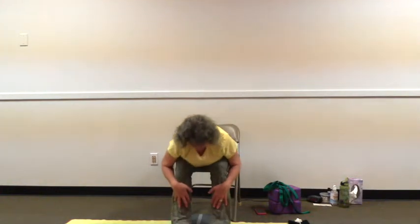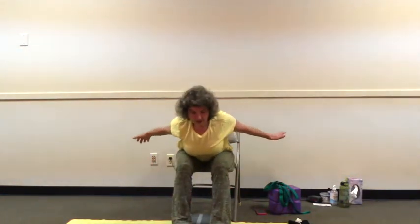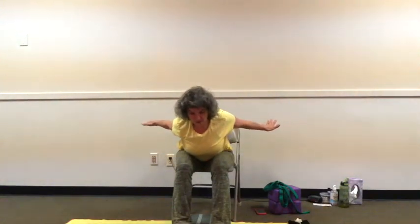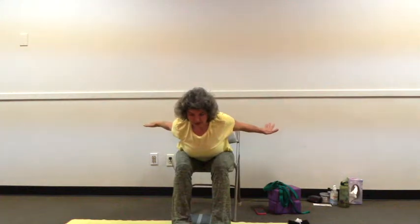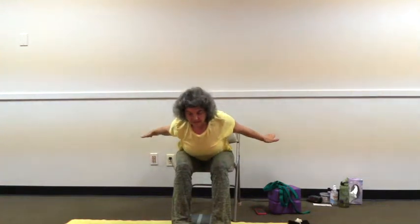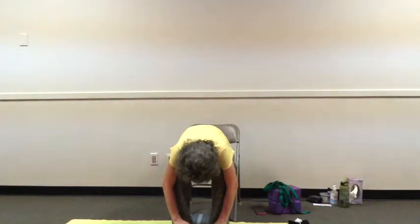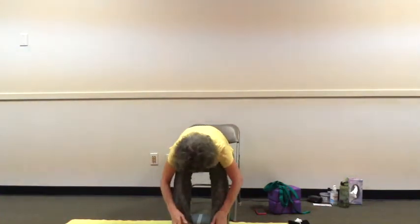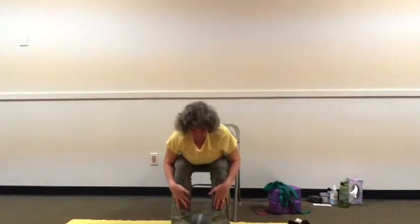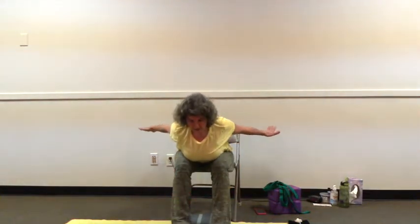This time when we bring hands to the shins, extending upper body, arms airplane wings. Palms facing down, arms about shoulder height, chest expanding as we take shoulder blades toward each other, inhaling, exhaling, releasing to forward fold. Let's do it again. Hands on shins, upper body flat, extending, arms airplane wings,